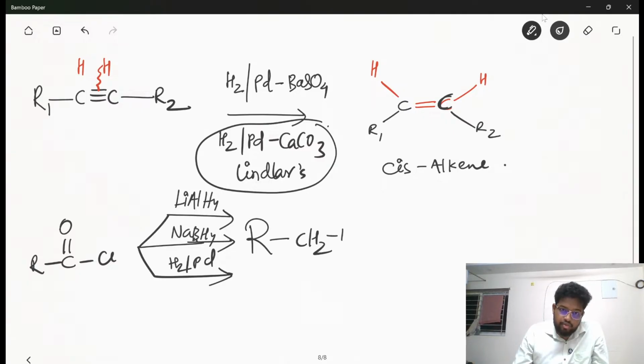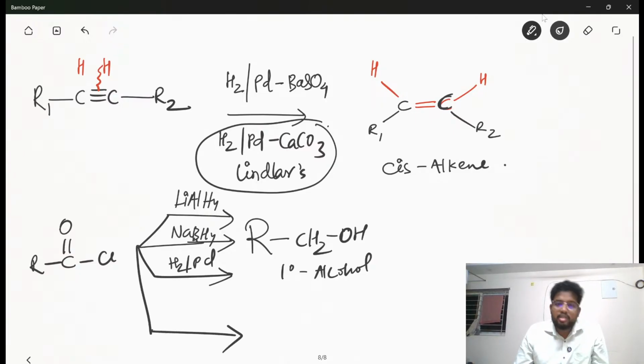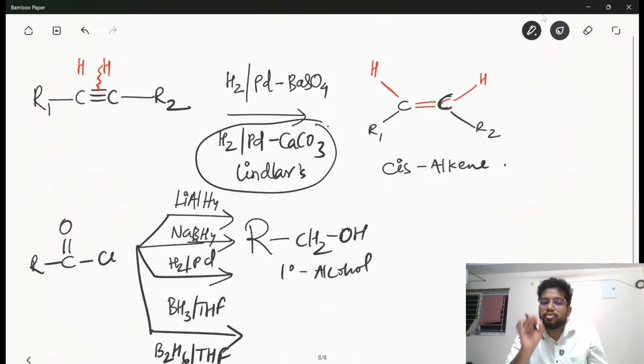RCH2OH. That is a 1 degree alcohol. Any of the reducing agents gives us 1 degree alcohol. That is complete reduction. Very good. This complete reduction gives us 1 degree alcohol. Whereas if I treat with BH3·THF or B2H6·THF, do you know what would be the product if acid chloride reacts with